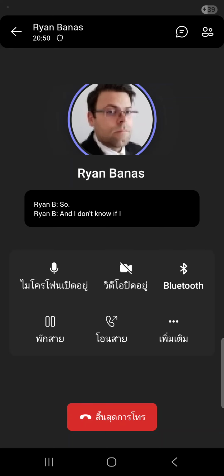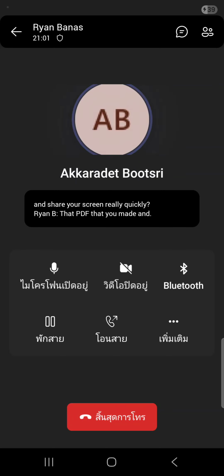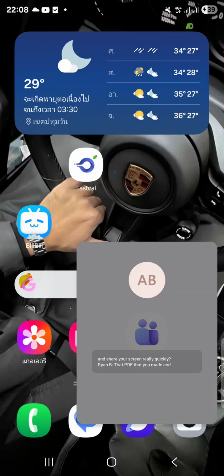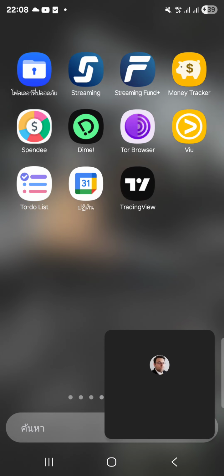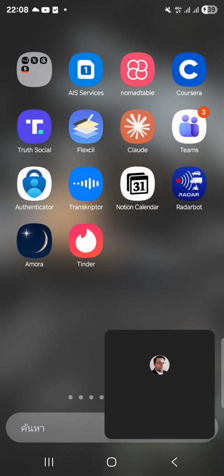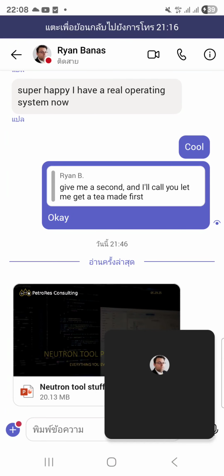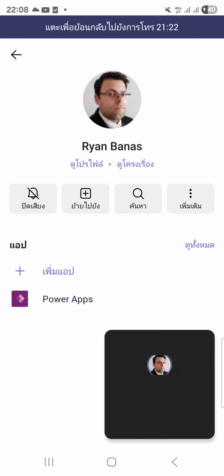I don't know if I told you, but can you pull that thing up and share your screen really quickly, that PDF that you made? Oh, that's okay. That's okay. Well, anyways,